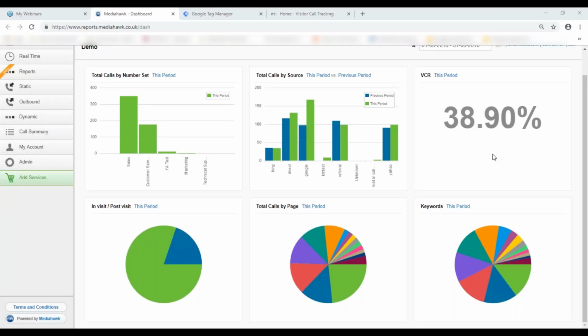So today's webinar is on Mediahawk's call to action tracking. This has been launched recently on the 12th of November. I will try and keep this as brief as I can because I know this is a busy period for all of you. So call to action tracking launched on the 12th of November, and this works alongside the Mediahawk